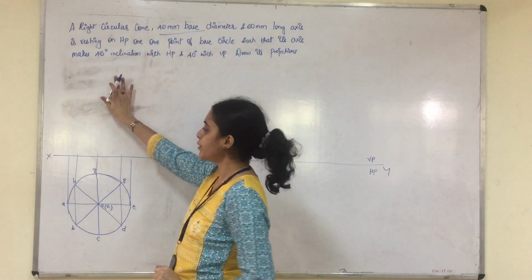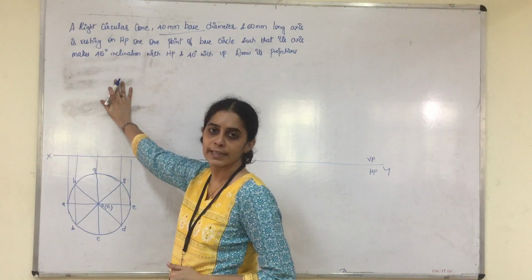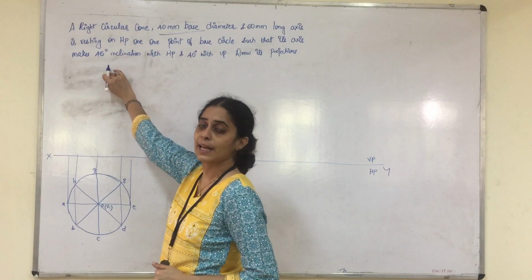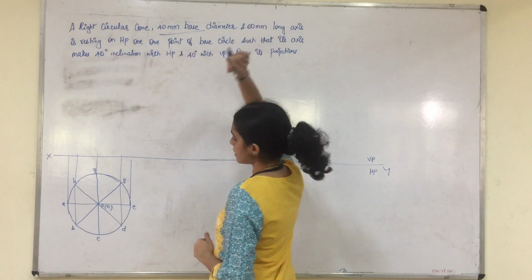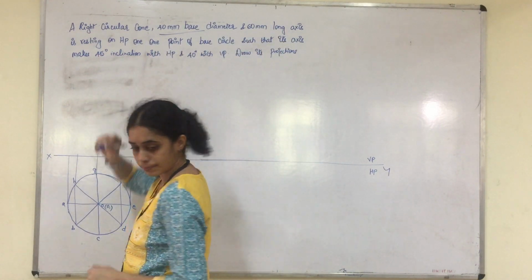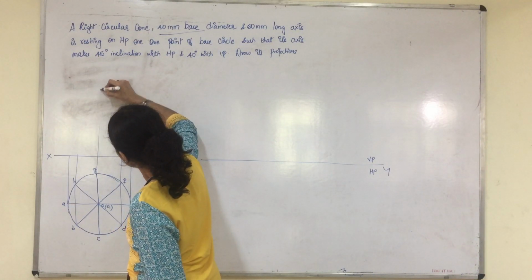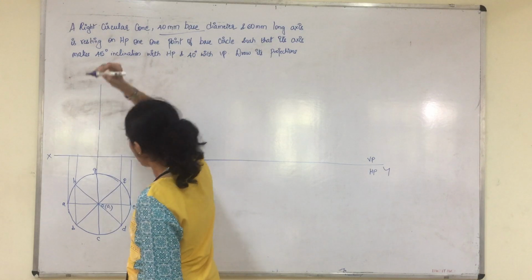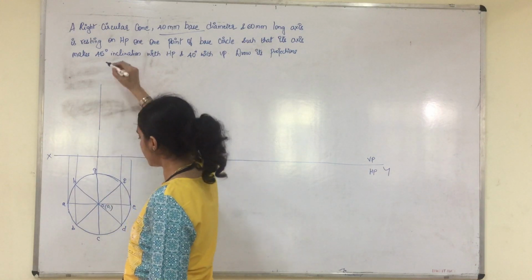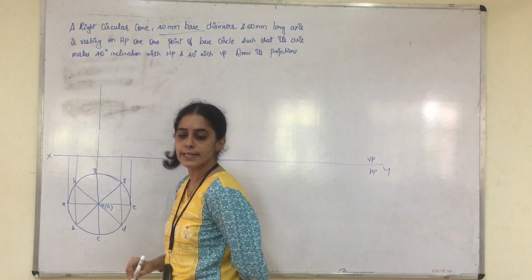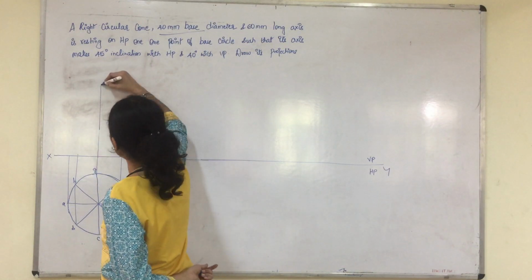I told you the front view will look like a triangular surface. First we will figure out the axis height. The axis height is 60 mm. Now please take the projection of the center line. Here the center line and the generator are coming along the same line, so please extend this.